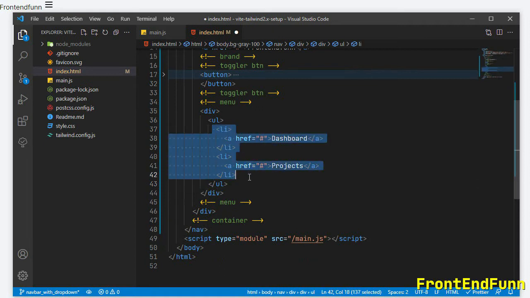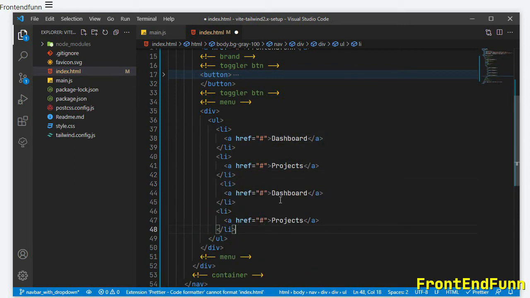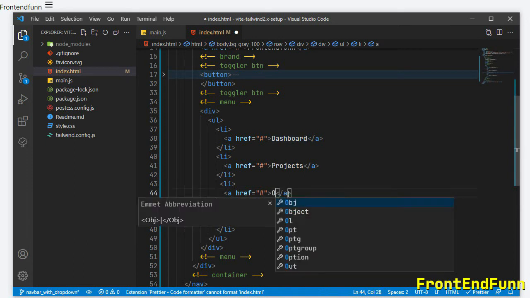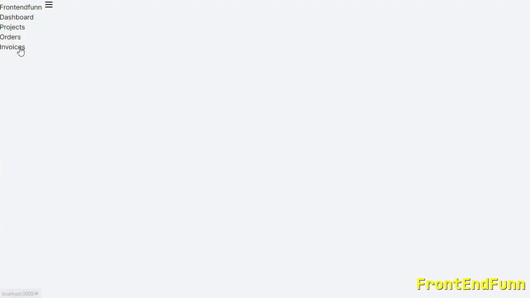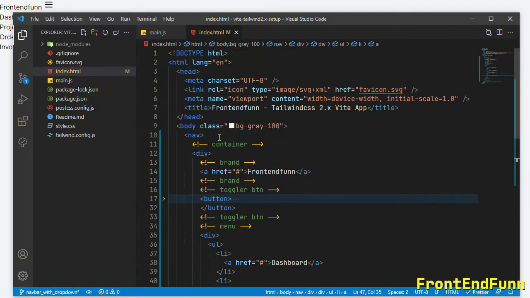I'll just copy them and paste it here. Dashboard, projects, invoices, and let's add classes to style these elements.